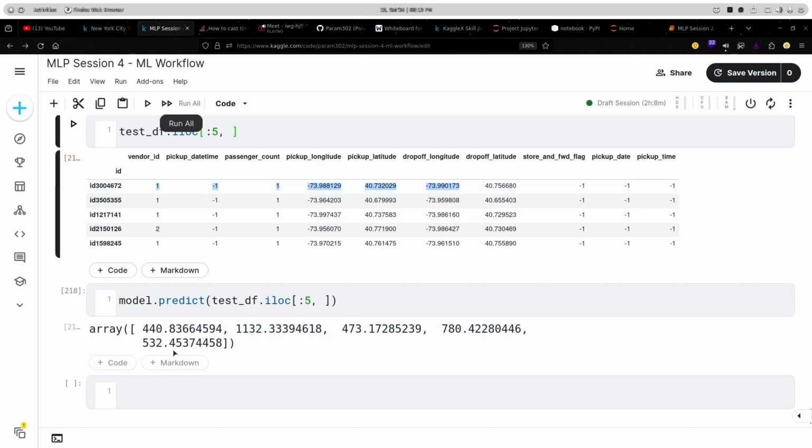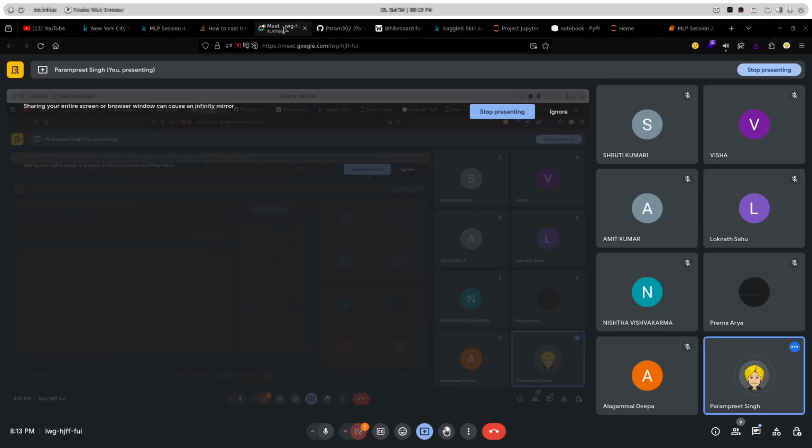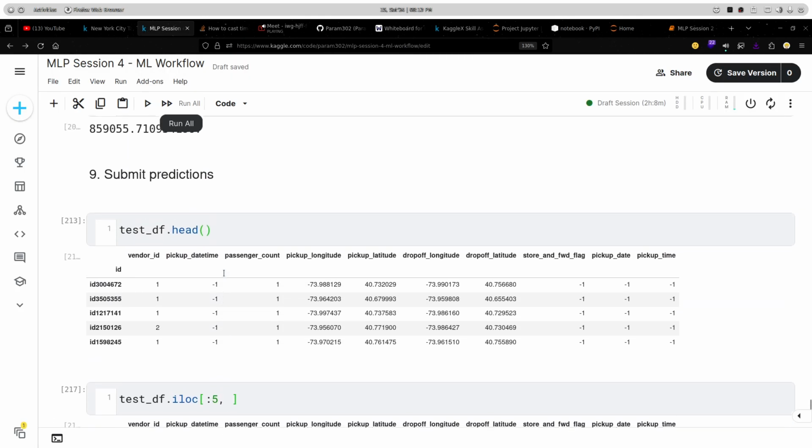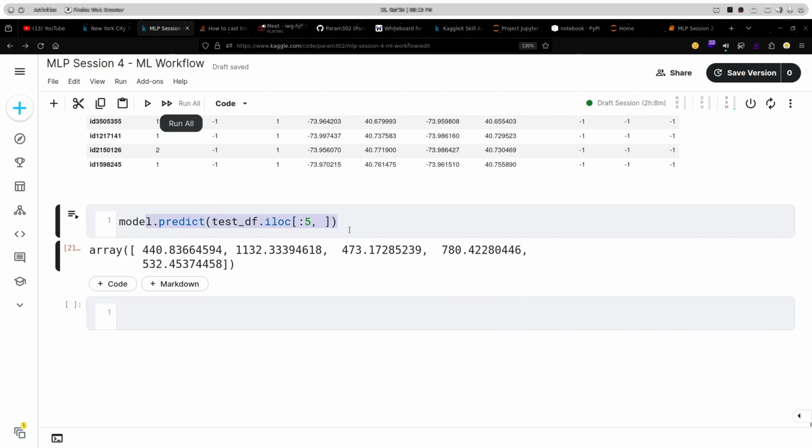For the first trip, this is the prediction for 40 seconds, and for the second it is 132, then 473, then 780, then 532. So these are the predictions, and now I have to do it for all the test data. So what I'll do is I'll write